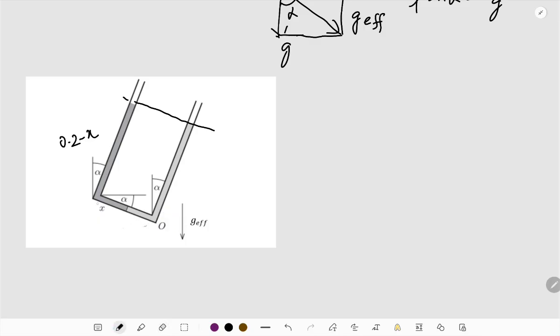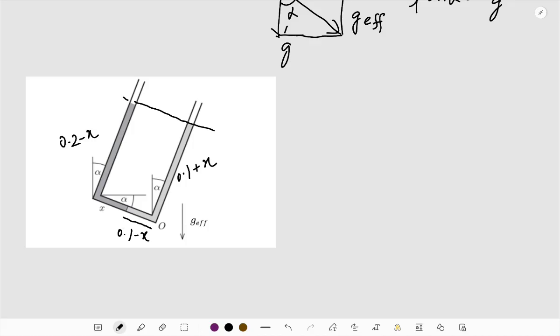So this length will be, this whole length was 0.1 meter, so this length will become simply 0.1 minus x meter, and this whole length was 0.2 meter. That means this length is going to be 0.1 plus x, simply because 0.1 minus x plus 0.1 plus x will give us the total length 0.2 meter. Yeah, so initial things are done now, and we are going to write down the